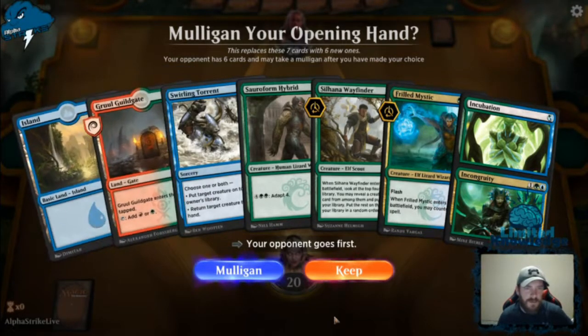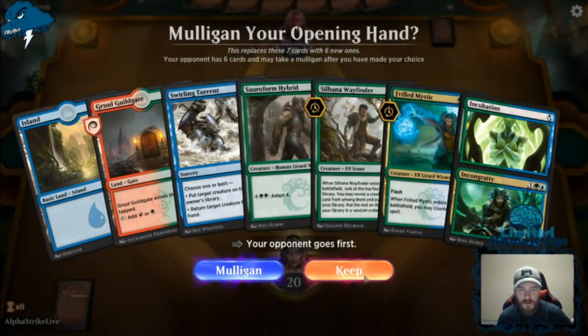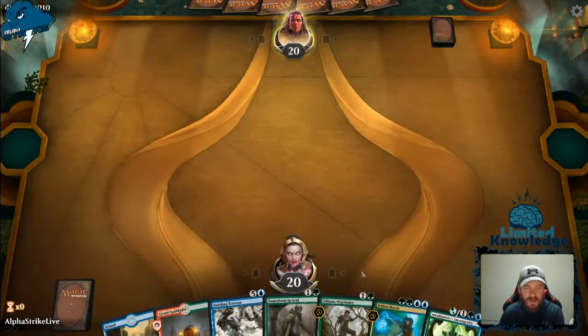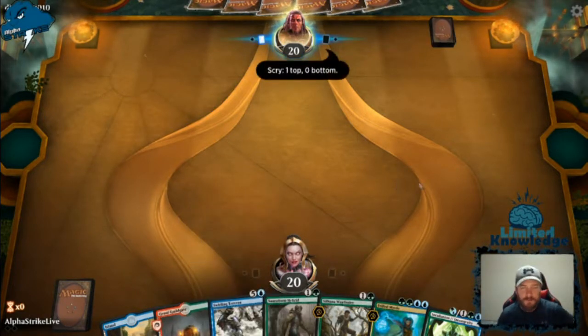We got green, we got blue. Wayfinder or hybrid can be our turn 2. Incubation. With the, yeah. I'd rather see another land for, say, the Torrent, but...